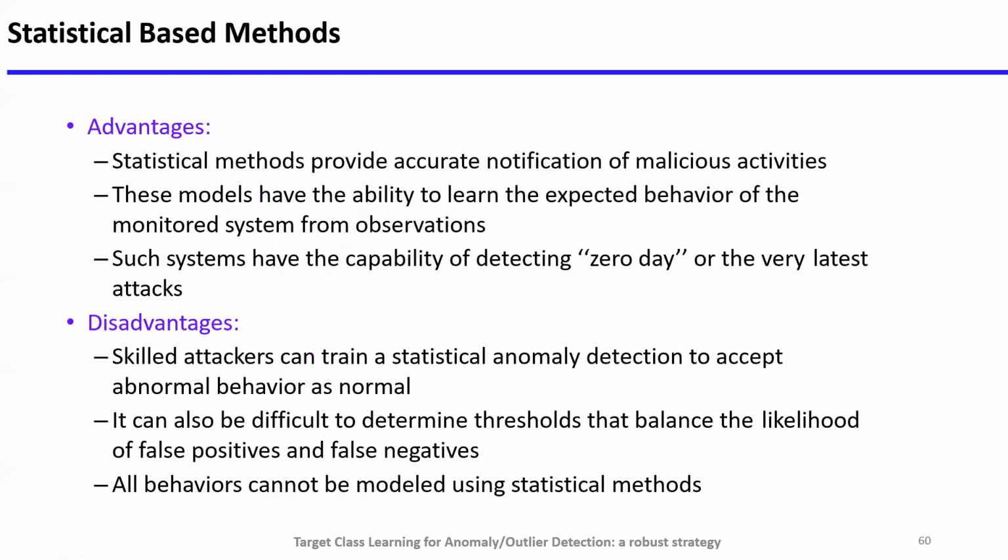So advantages are, since it is most of the time containing the information which is related to the sequential pattern, we can get more and more ability to learn from the existing data, and accordingly we may have a firm decision about identification of any anomalies. And disadvantages means